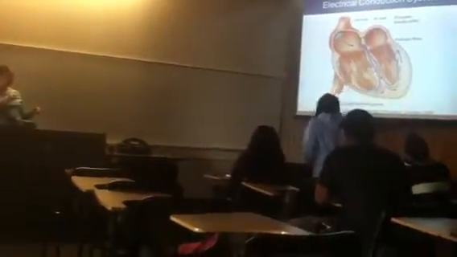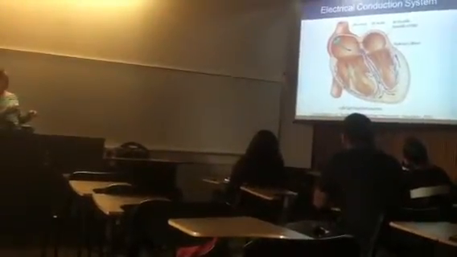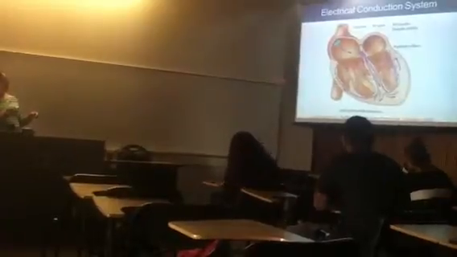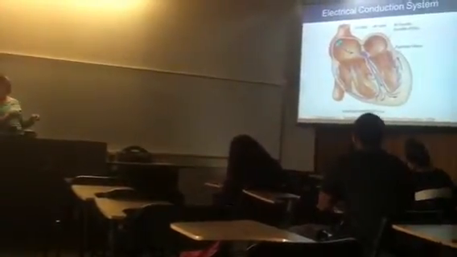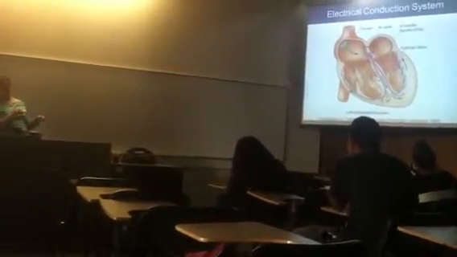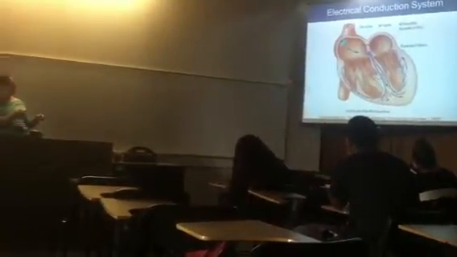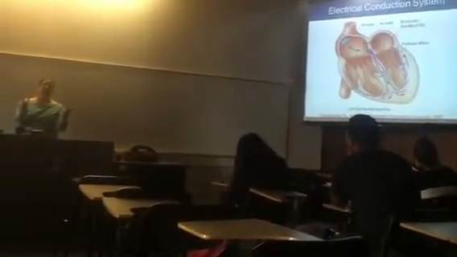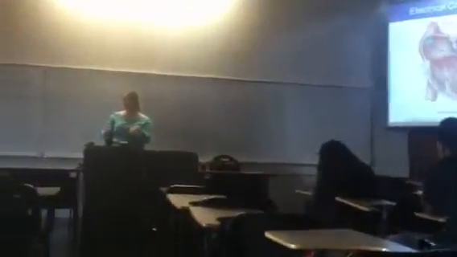The ventricles depolarize from the interventricular septum up. So in essence, they depolarize through the middle point and up the side of the walls. And so what this does is the ventricles are going to contract from the bottom up. And so that wave of depolarization, or that pathway of depolarization, helps them contract and